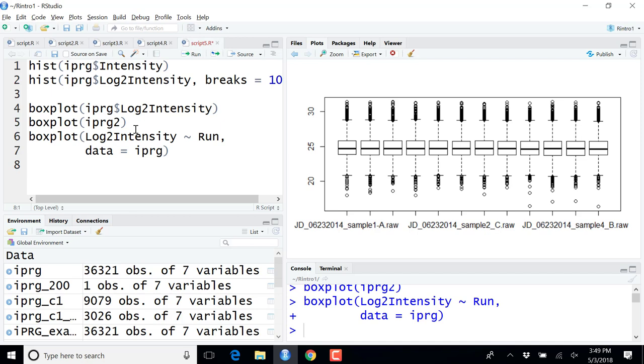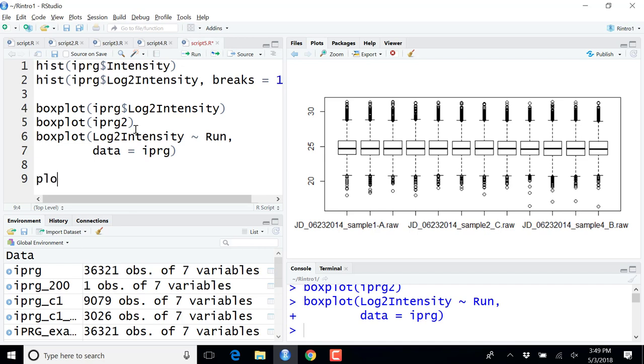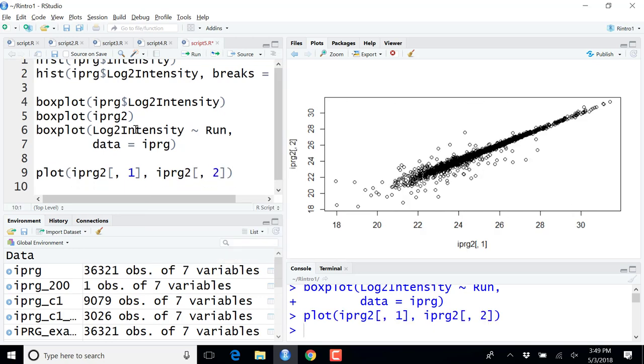Let me also maybe mention the obvious, which I haven't shown yet. IPRG2, first sample, IPRG2, second sample produces this scatter plot. Well, here, first sample. Second sample,